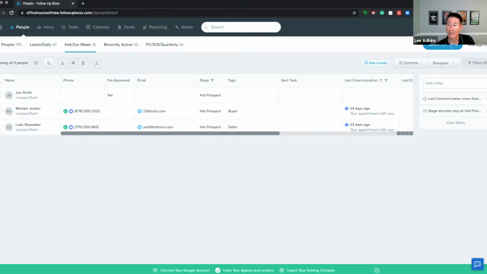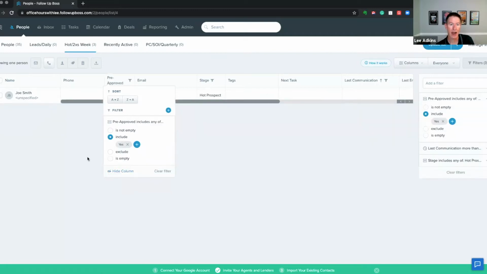If you really want to get fancy, if you have admin permissions, or not even if you have any permission, but be careful with this, you could also update the list now. And the list is going to maintain this order of columns and sizing of the columns specific to that list. So now you can search simply for people who are pre-approved, include yes. So now I've got my list just of my hot prospects that are pre-approved. That was good. I'm glad you mentioned that, Megan. That really is a great way to add details to stages without having a bajillion stages.